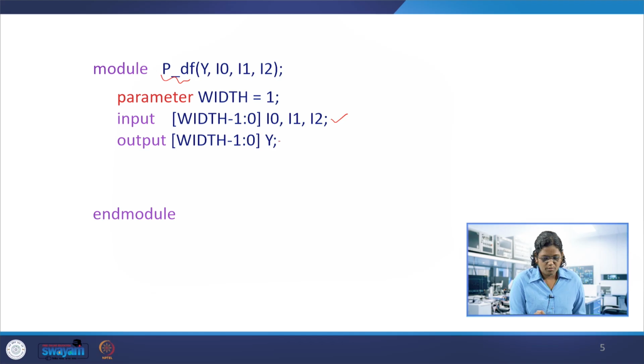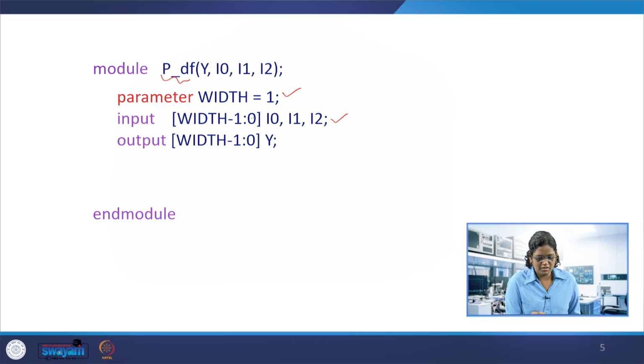In this case, the width parameter is defined as width equal to 1. So, if width is 1, 1 minus 1 will be 0, giving 0 colon 0. So the I0, I1, I2 will be single-bit.